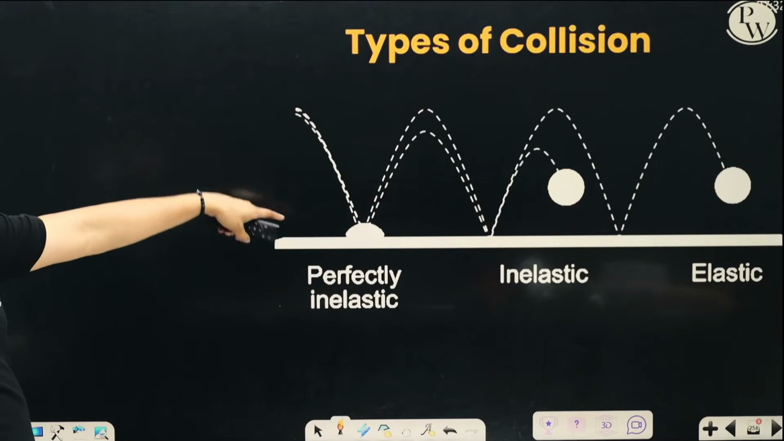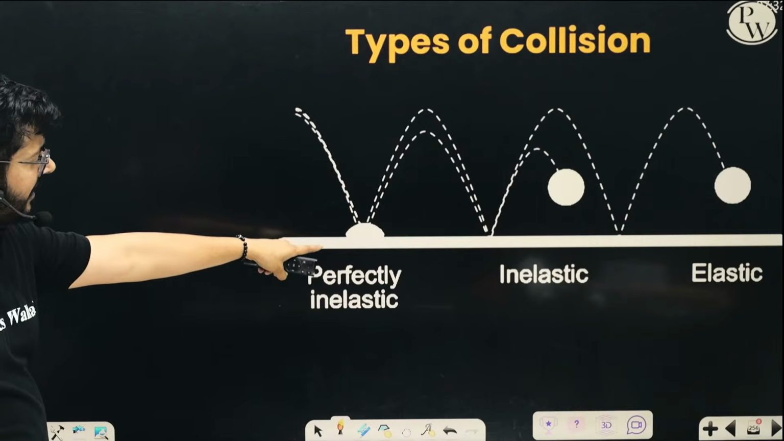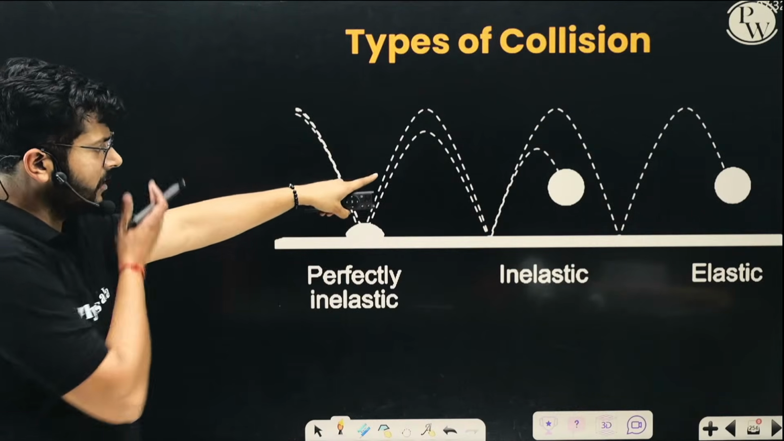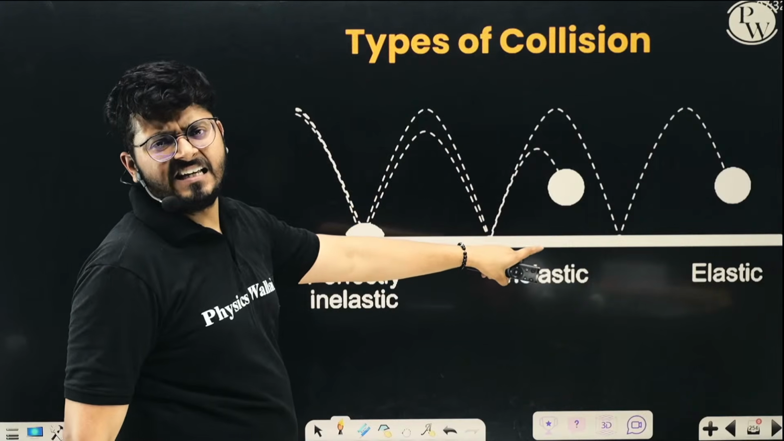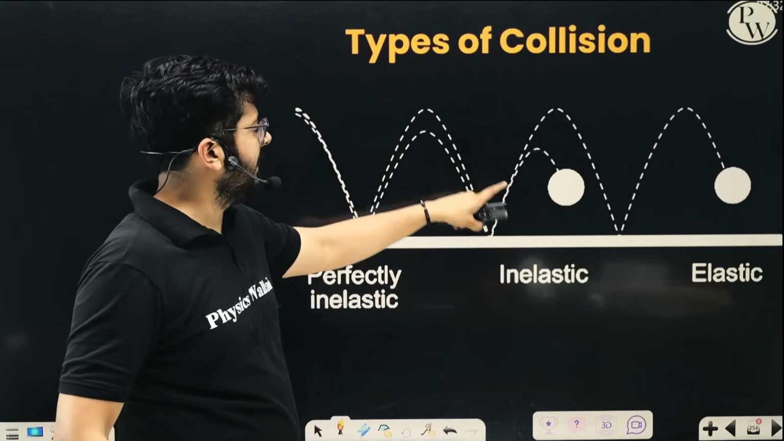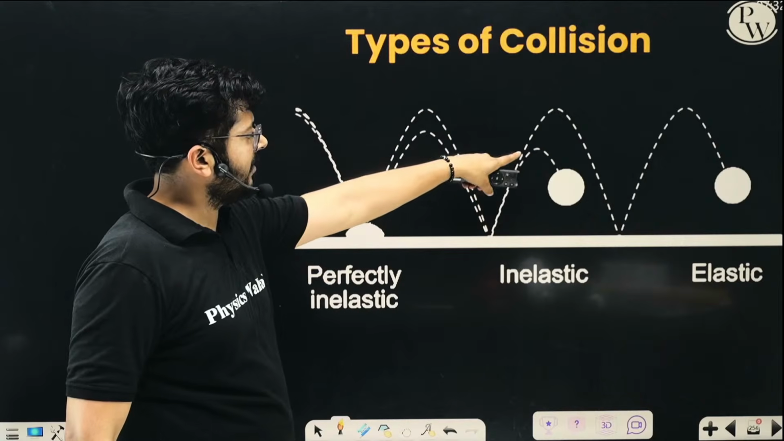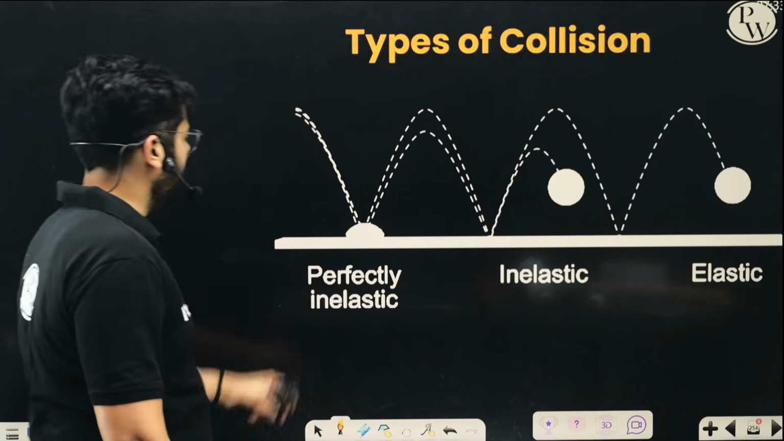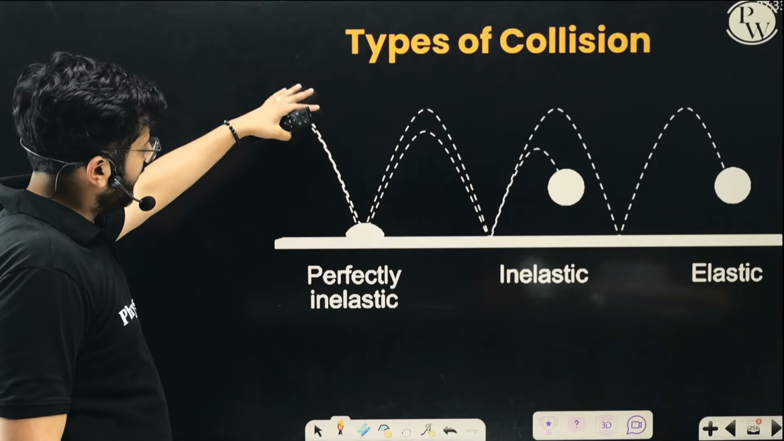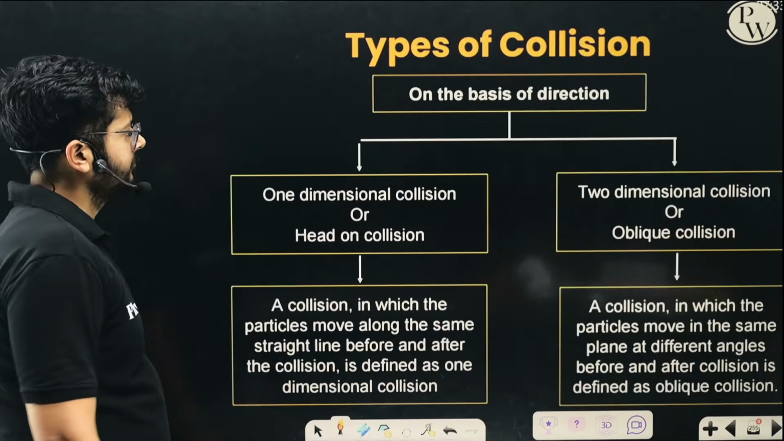So right now you see that if the collision is perfectly elastic, the ball will bounce off the surface and rise to the same level. If it is inelastic, some of the energy will be lost in the collision, and it will not rise to the same level. Okay, and if it is perfectly inelastic, it will stick to the ground. Okay,